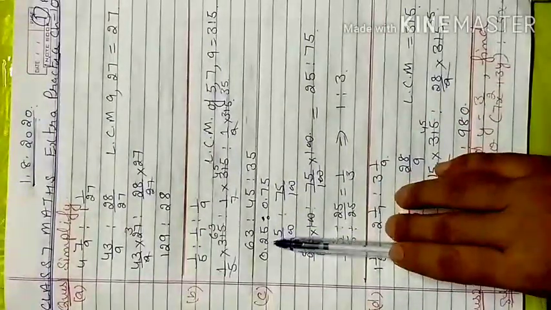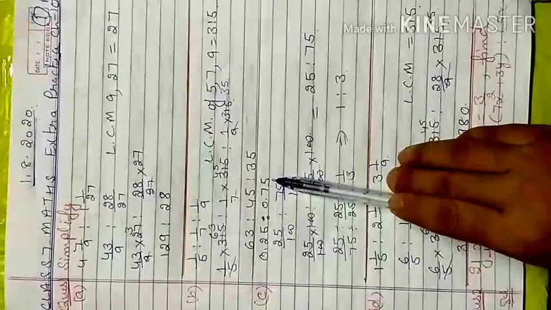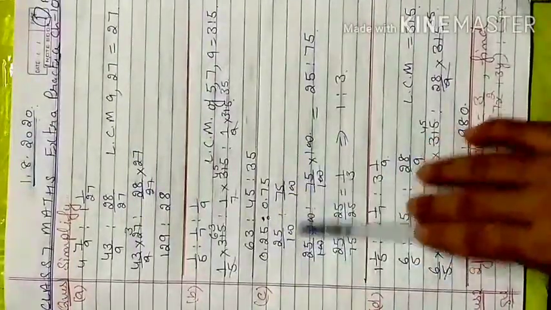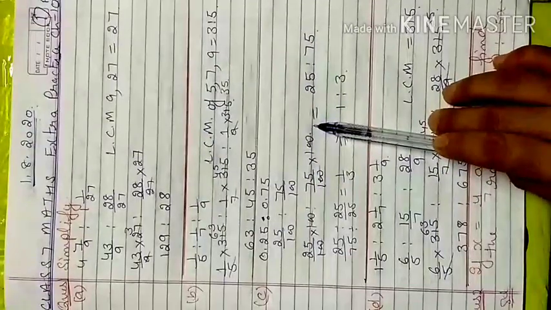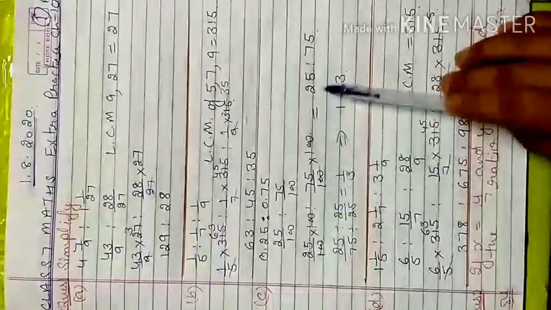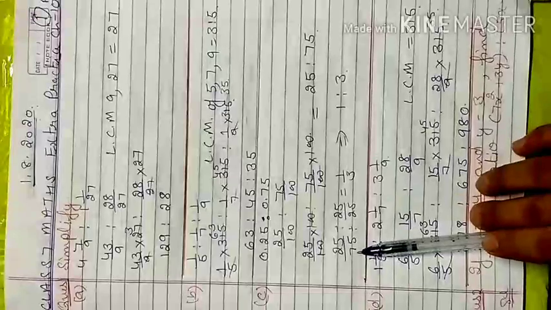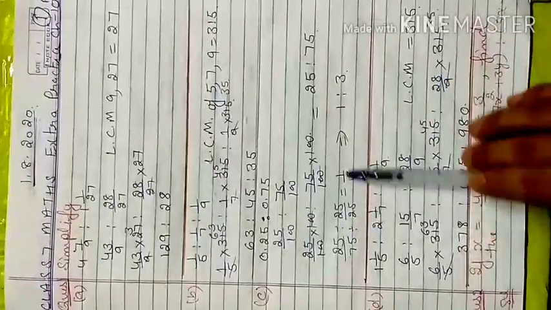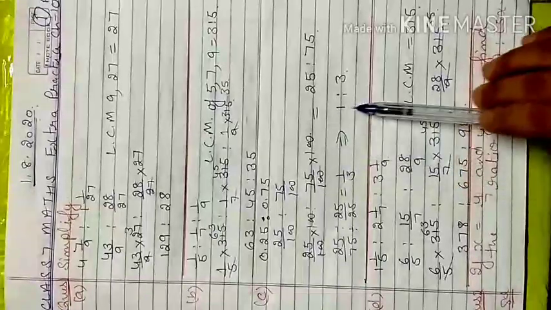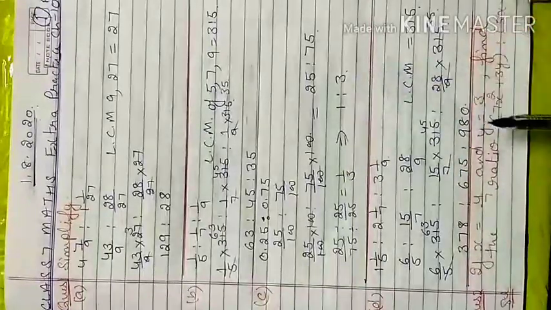Similarly also here 0.25 ratio 0.75. First we remove the decimal. Both have the same number of decimal places, so multiply each by 100 to remove the decimal. Now convert into the fraction form. 25 divided by 75, each will be divided by 25, gives me 1 by 3. Convert it back into ratio form, 1 ratio 3.